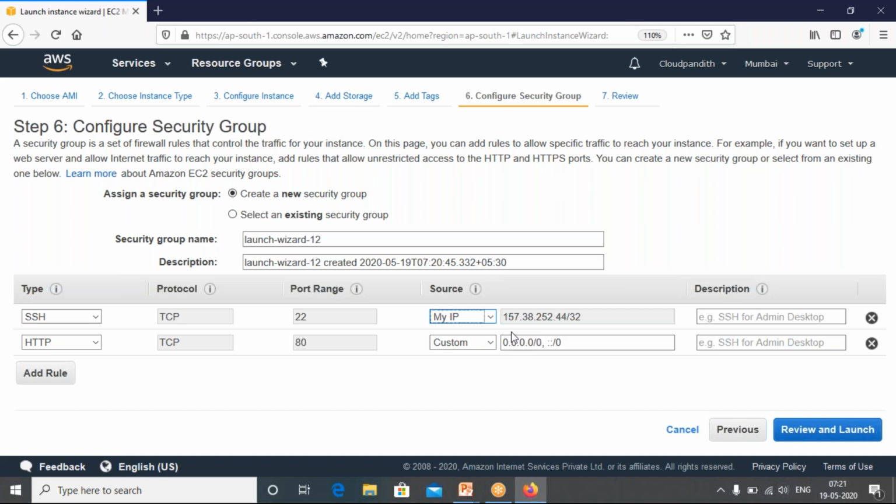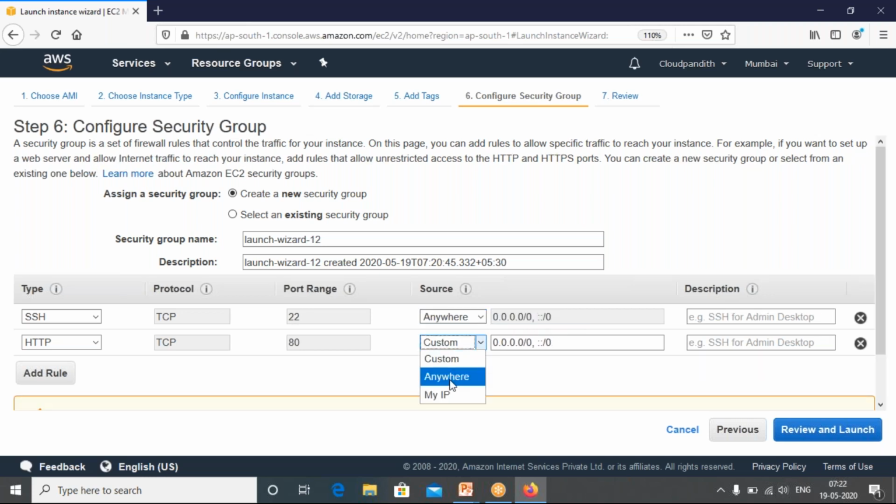So this is the IP address of my machine. So if I want to access this web application only from this place, so now what I am doing is I am allowing only this IP address machine to access the server which I am creating. Suppose if anybody can access my machine, then I have to put anywhere here. I can put here anywhere, so that anybody can access the machine which I am creating currently. Okay, so for now I'll put anywhere.